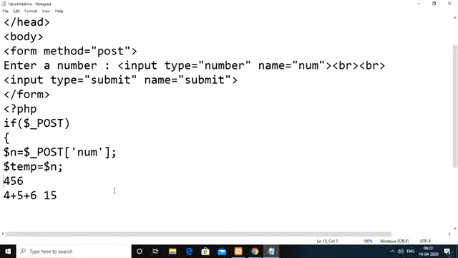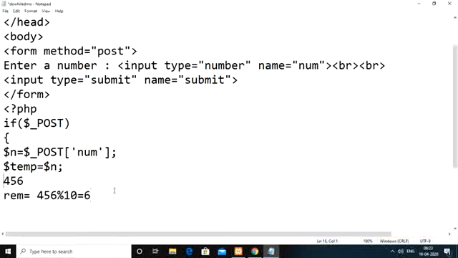But how can we get the individual digits? In reverse order. Directly we can't get the 4 value, then 5 value, then 6 value. Actually we have to first obtain the 6 value, then we can obtain the 5 value, then we can obtain 4. So from 456, if you want to obtain 6, between 456 and 10 you need to perform the modulus operation. Whatever we got, we are going to call that the remainder. The remainder you will get is 6.